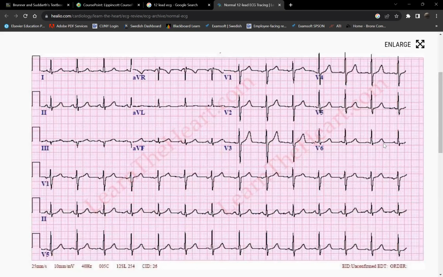But this is a 12 lead ECG. You'll notice that they look different depending on which lead you're looking at. Now, almost all, if not 90%, if not all of the strips you'll see in your textbook in this chapter are usually taken from lead 2. Why lead 2? Because